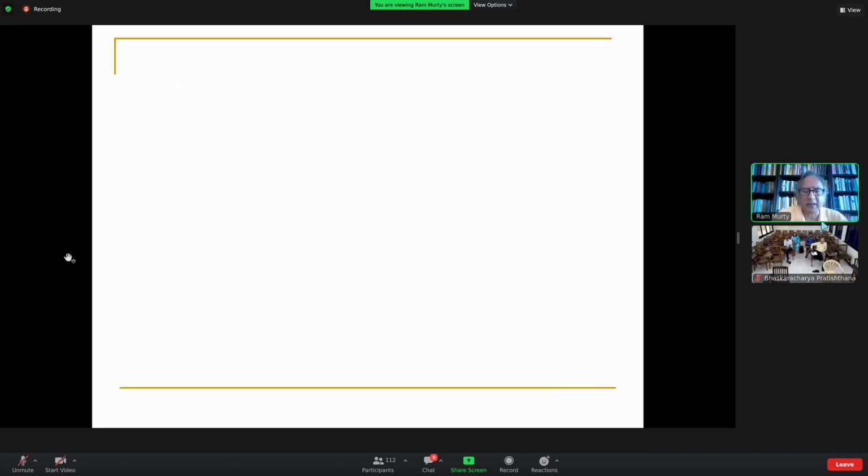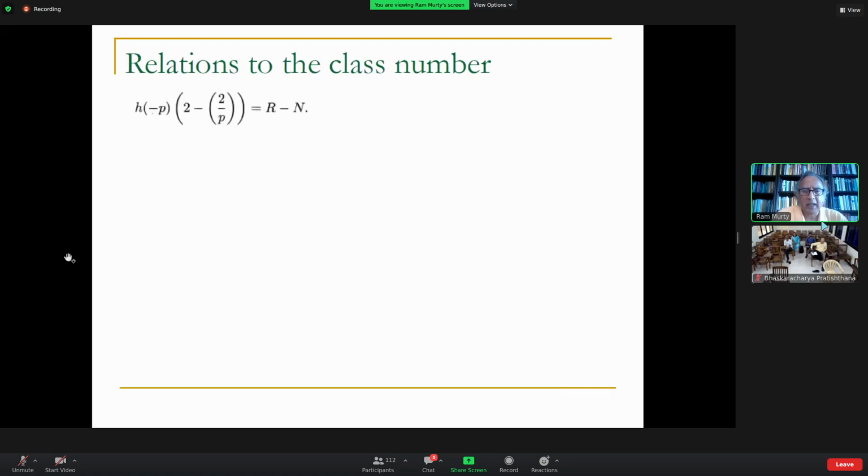Well, that's a deep theorem of Dirichlet. Dirichlet proved that the class number of Q(√−p) can be given by the difference between the number of residues less than p/2 minus the number of non-residues less than p/2. And by the way, since this number is positive, it tells you there are more residues less than p/2 than there are non-residues less than p/2. A fact that I don't know, and I don't think anybody knows, how to prove without using this class